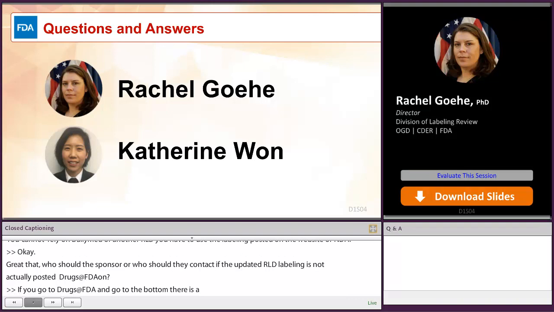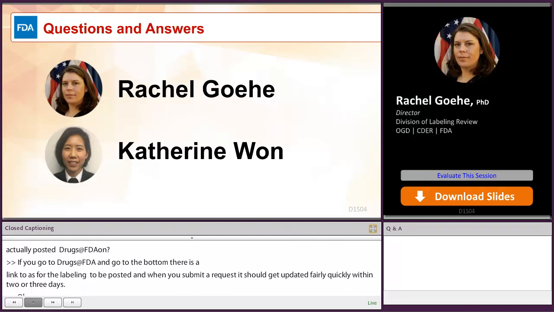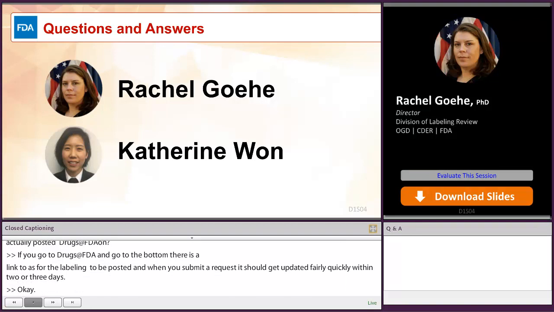Okay. Our next question is about storage conditions. So if the storage conditions differ between an RLD and the USP, which one should prevail for the generic? So